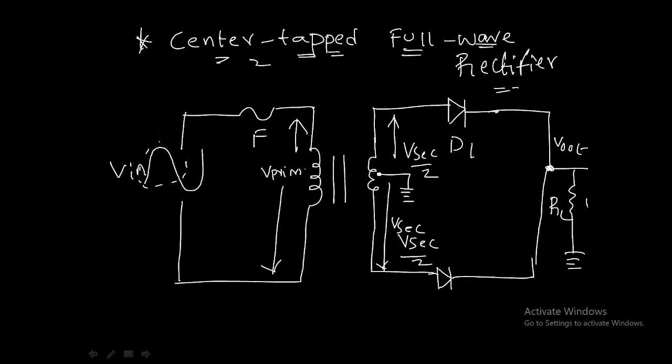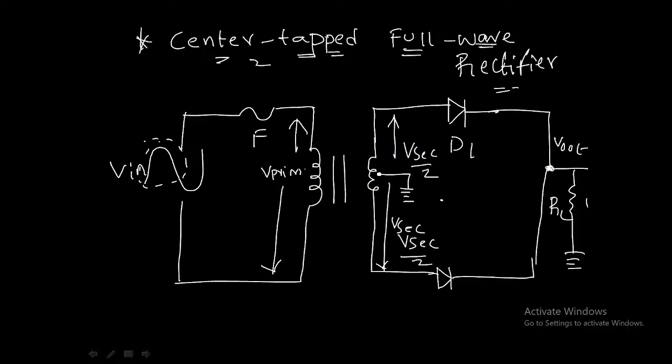At the positive input cycle, what happens? D1 will be forward biased, and D2 will be reverse biased. Why? Because here it is a center tap transformer, so the voltage polarities will be